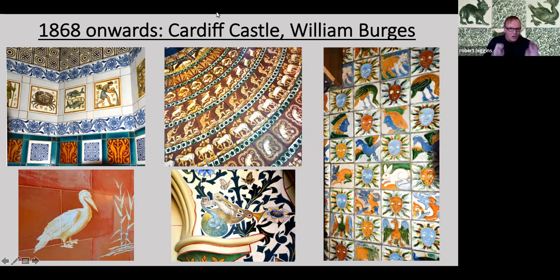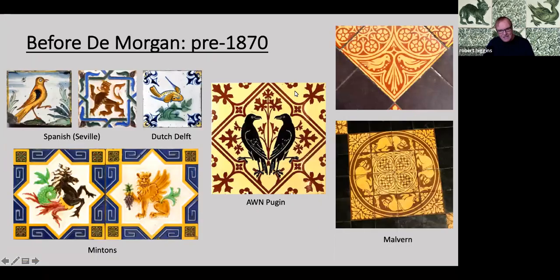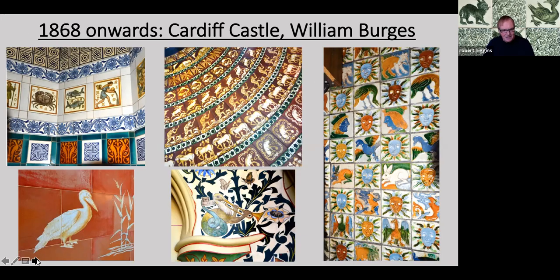They contrast entirely with what isn't a tile but is a wall painting, bottom centre, which is highly anthropomorphic, and, well, in my opinion, hideously so. But that was one strand of Victorian tile making. And as we move on, you can perhaps think of the animal designs as being influenced in three different